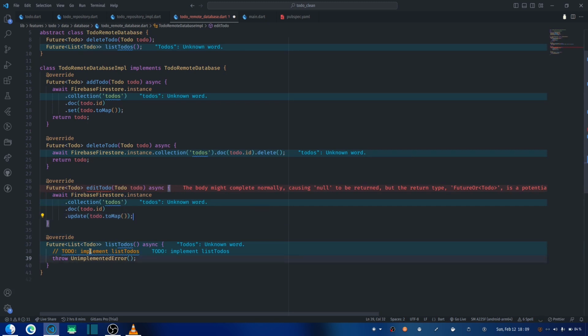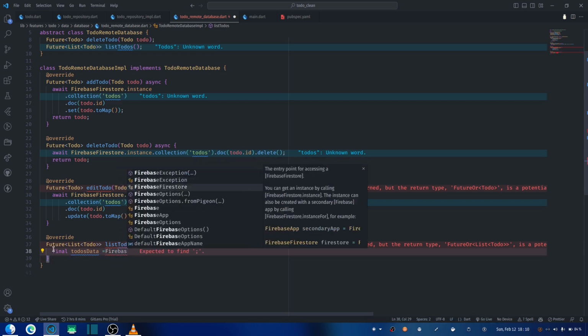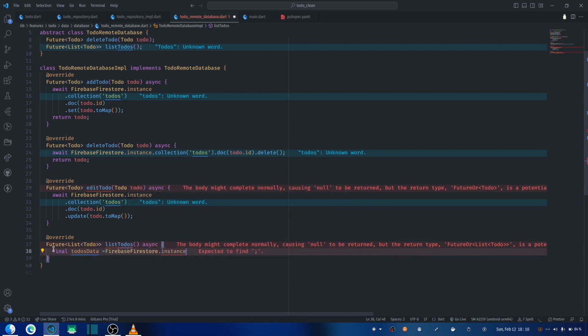And when we are listing the to-dos, we're going to have a variable called todosData, which is going to be Firebase Firestore.instance.collection. Then we pass in the name of our collection, todos, and you can always refactor this name somewhere in your code, so I don't have to be repeating them manually. And then we want to call the get method on this collection. So this will return us all the data in this collection, and now we can return